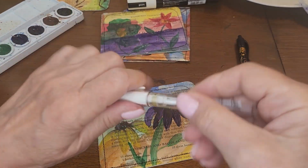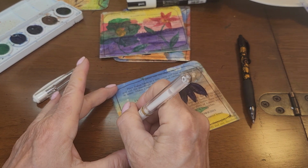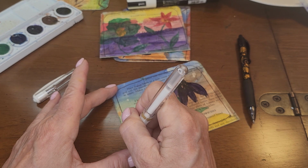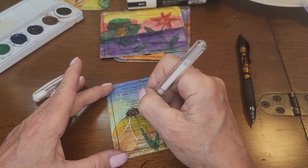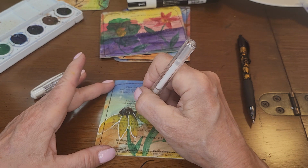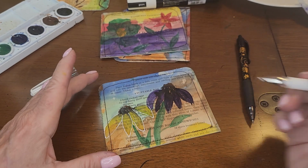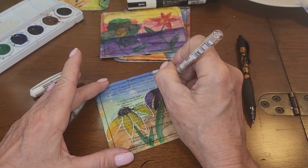We want it to pop, so I'm going to use the Posca pen, and I'm just going to come around and try to outline the leaves. And you could go over actually with black. Maybe black would look better, but let's just try it. You never know until you try. And if you don't like it, then at least you tried. Okay, so we'll go over with the purple, with the white,